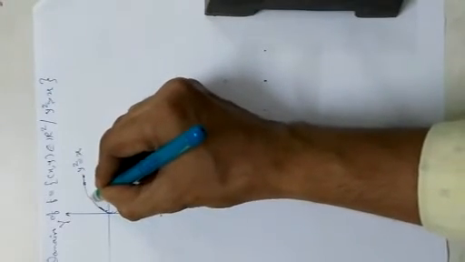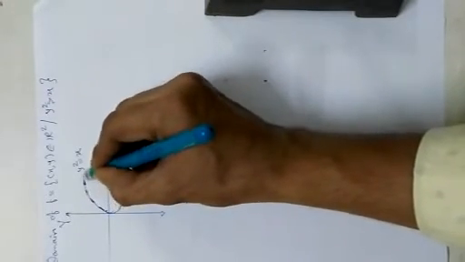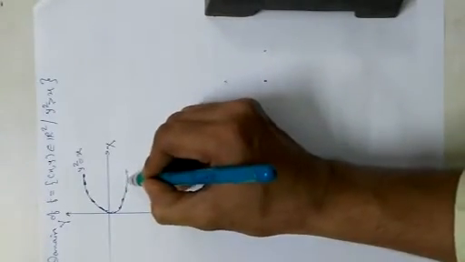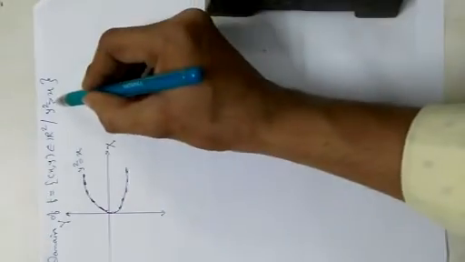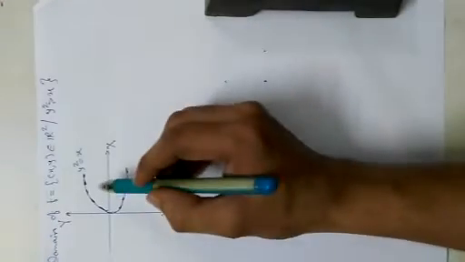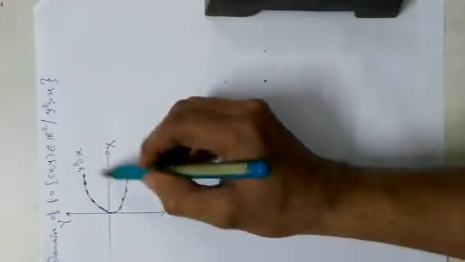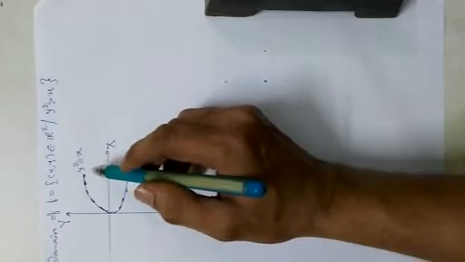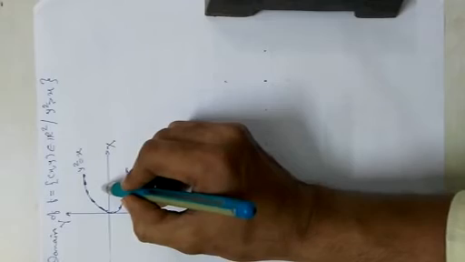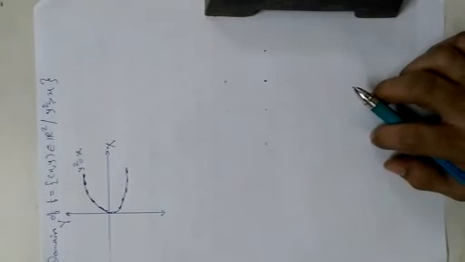As there is a strict inequality, we must draw a dashed parabola. Pardon me for this mistake. When you draw a dashed parabola, as the inequality is strict, this dashed parabola. Again, this plane is divided into two parts by this parabola. We have to decide if this region, the inner part of y square is equal to x, or the outer part of the parabola y square is equal to x, is part of the domain of f.